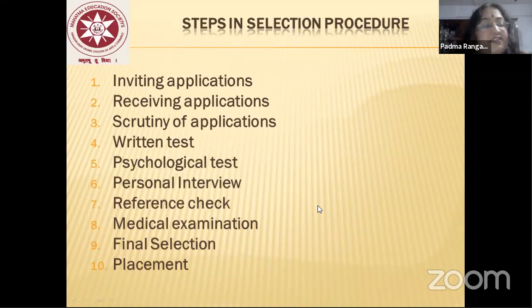Large business organizations also conduct psychological tests. What is a psychological test? Psychological test is to study your mind, whether you have the ability to withstand the stress that is involved in this particular job. So stress test होती है, psychological test होते हैं जो उस जॉब के लिए बहुत इम्पोर्टेंट है। मार्केटिंग मैनेजर का